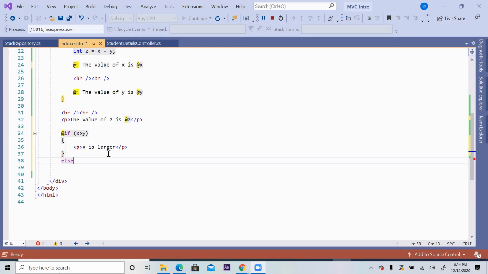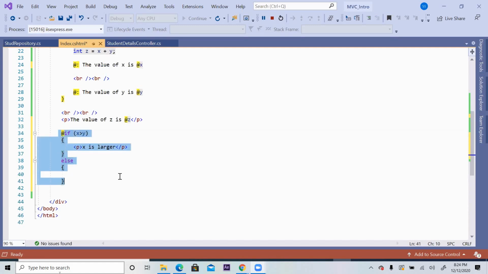else. So the important point to remember here is, it's not that you don't know the if else statement, I'm not teaching it for the first time. Here the important thing to mark is @. No need to put @ on all the lines, because it understands it is not just this line. If already contains all these lines. So if it is while, if it is for, those kinds of things are already understood: it starts from here and goes up to here. So one time @ is enough.